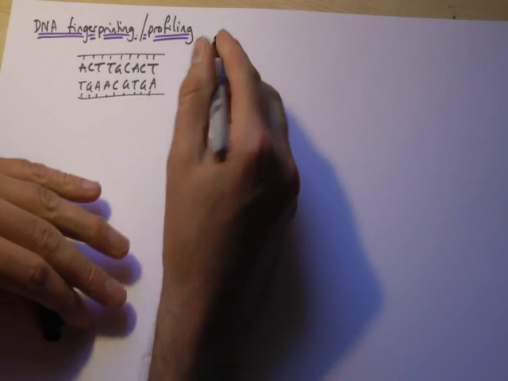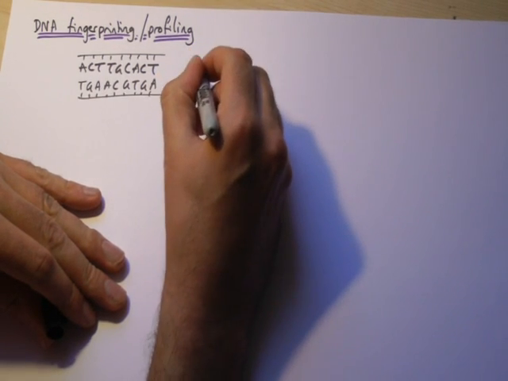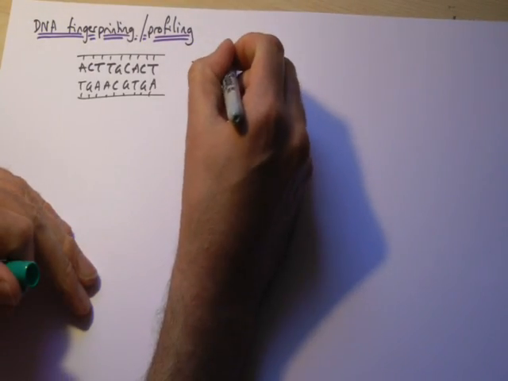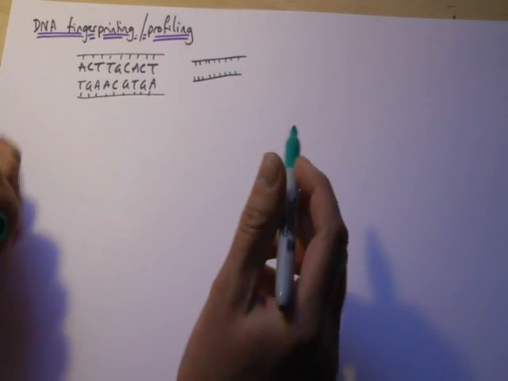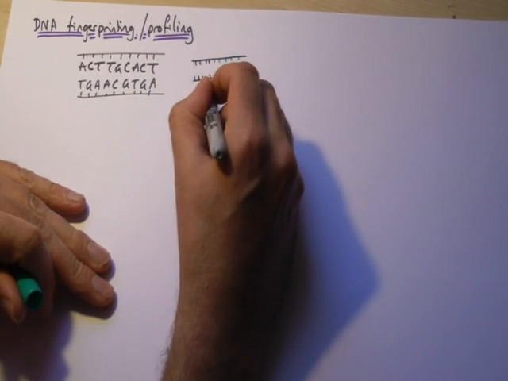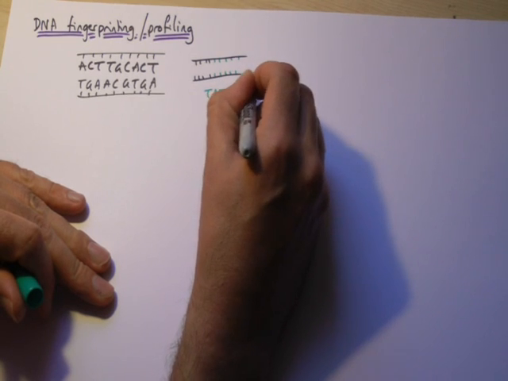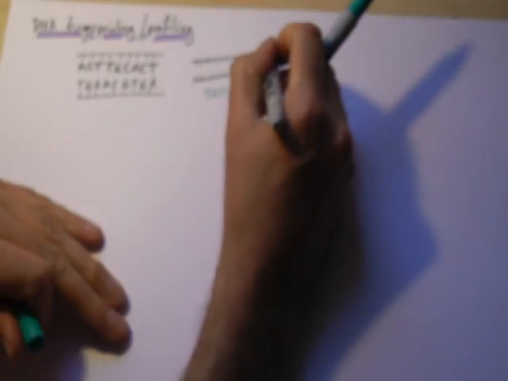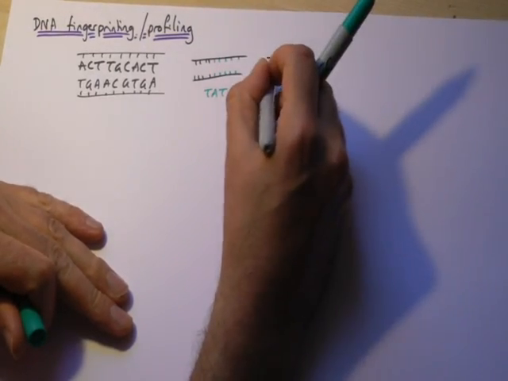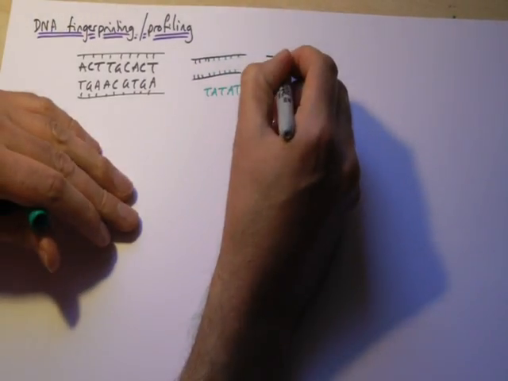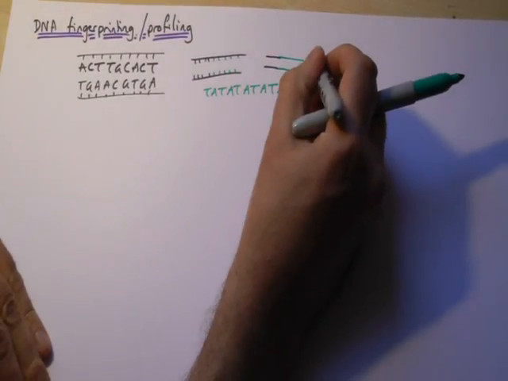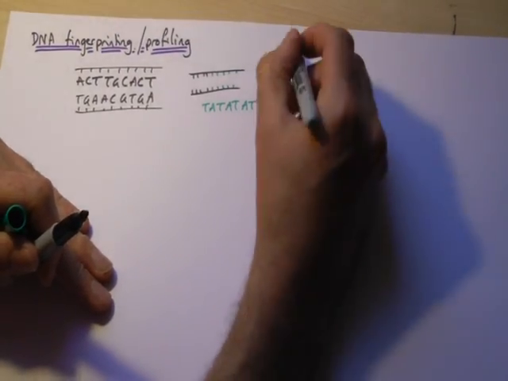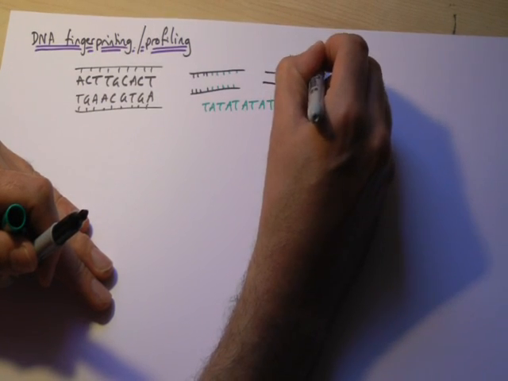But it turns out when you look at DNA, apart from the bits that actually do the coding for genes, there are large sections of it that don't. And when you look at these sections, they're very often just a repeating sequence. So maybe it's just T, A, T, A, that's quite a common one, over and over again. What you get on a chromosome is a region of DNA that gives you a gene, and then one of these regions where it doesn't really do anything, and then another bit of a gene, and then another region where it doesn't do anything. Okay, and these regions are called satellite or mini satellite